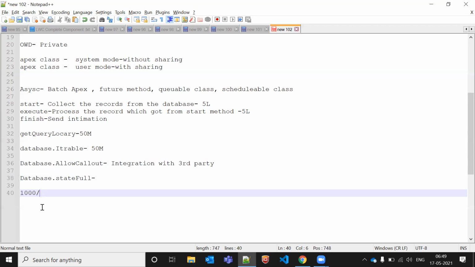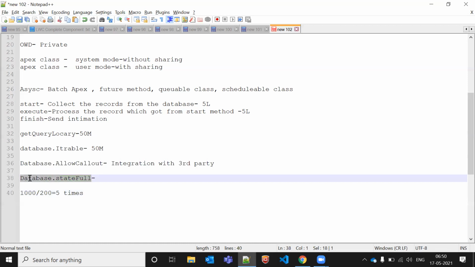How many times will it run? It will run 5 times. Let's say one batch fails, like 200 records fail, then the second batch also fails, and the third batch also fails. We are sure that it failed, but we are not sure how many failed and how many passed. To maintain the state and calculate the number of failure records, we generally use Database.Stateful.